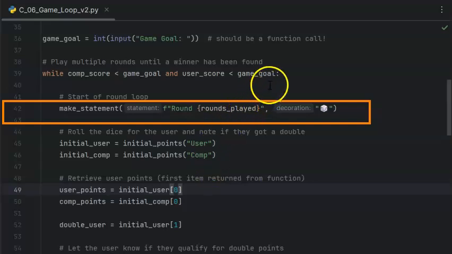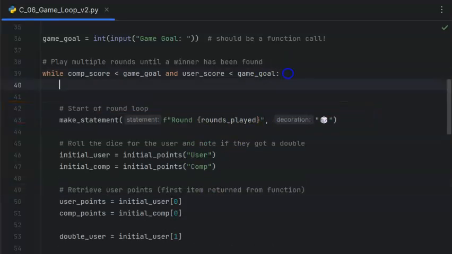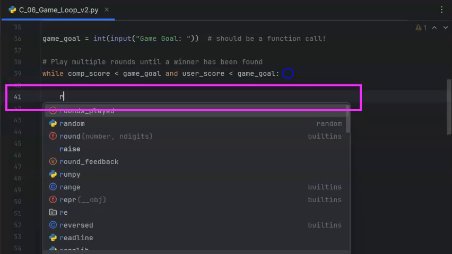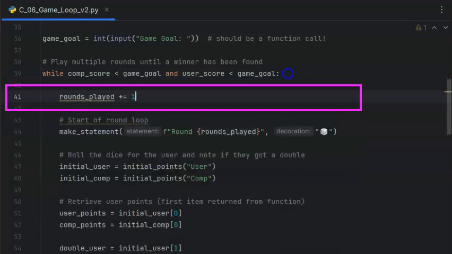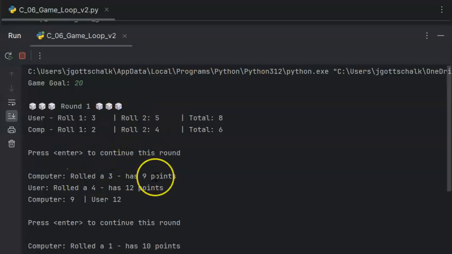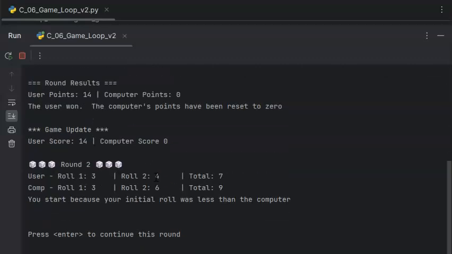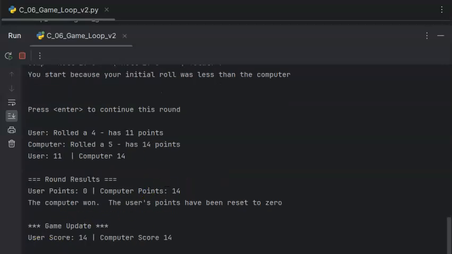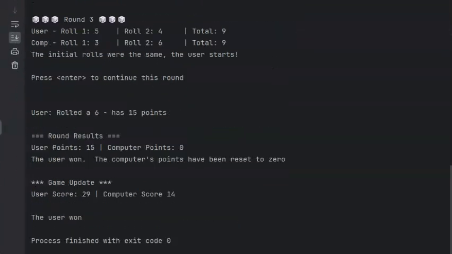At the moment though, our rounds played is 0. So one of the things that we can do is we can update our rounds played by adding 1 to it. And when we test our game, it's really obvious where a round starts because we've got that really nice heading. If I scroll down to the end, we want to make it really clear that our user has won